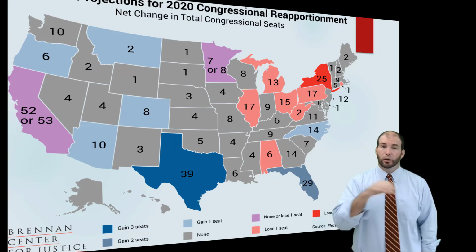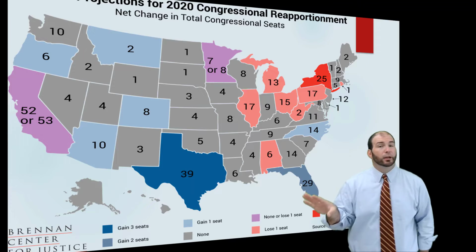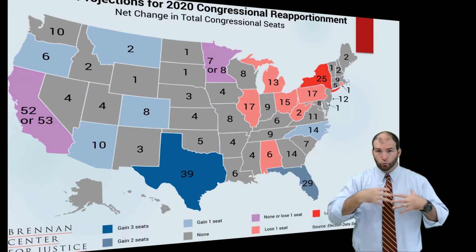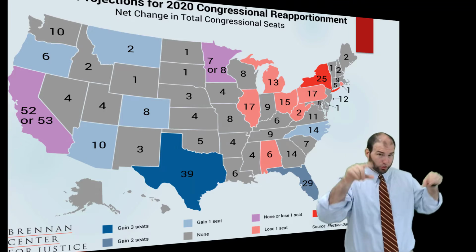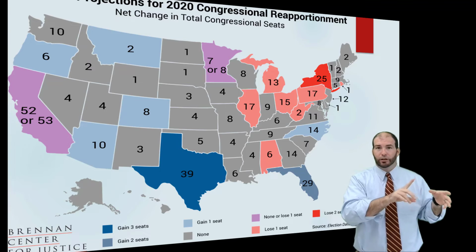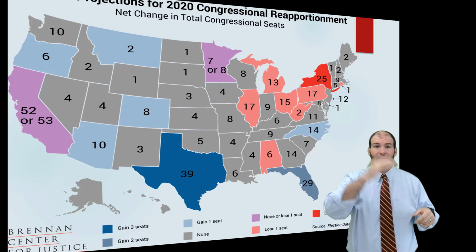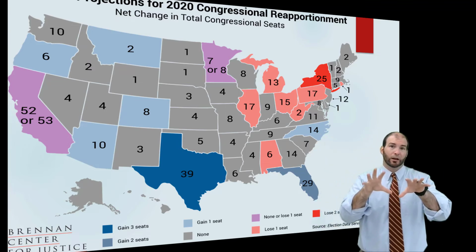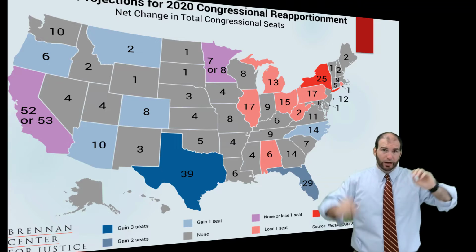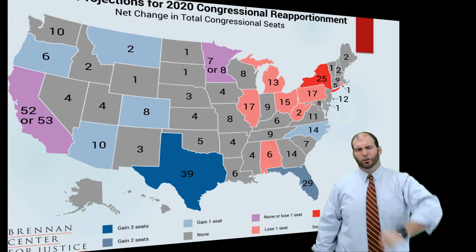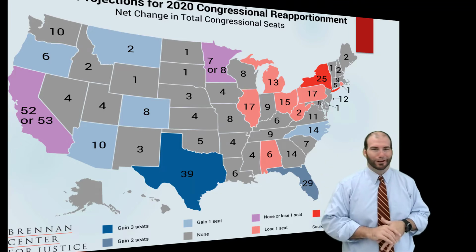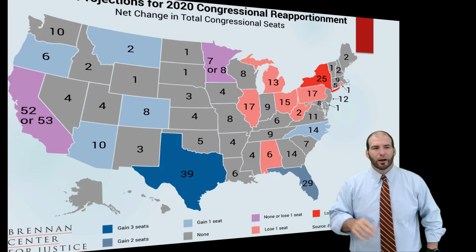Now, if you live in North Carolina like I do, not all 14 of those representatives represent you. One of those representatives will represent me because my district, which is about 5 counties, will have a representative that represents all 5 counties, and then they represent the federal government. So those 14 people have 14 separate districts in North Carolina. So you see, like, Texas here has 39. California is 52 or 53 at the time of this being printed. They're not really sure where that's going to fall yet.